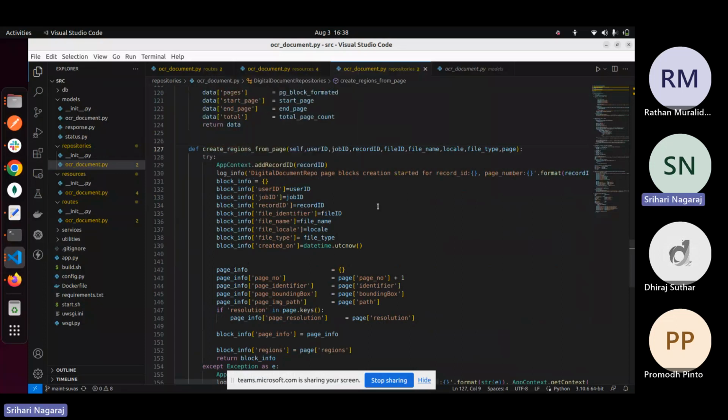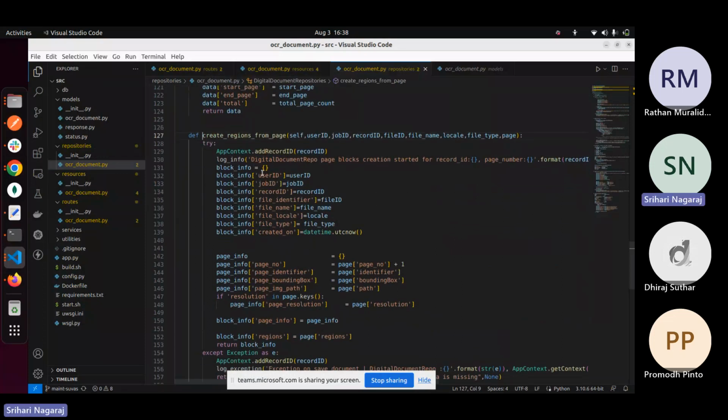Then next, create regions. So now we already have these input parameters to append: user ID, job ID, record ID. All these features will be updated page-wise. And when it has been created here, I'm creating it when it has made a write operation on the DB. Here I will get the